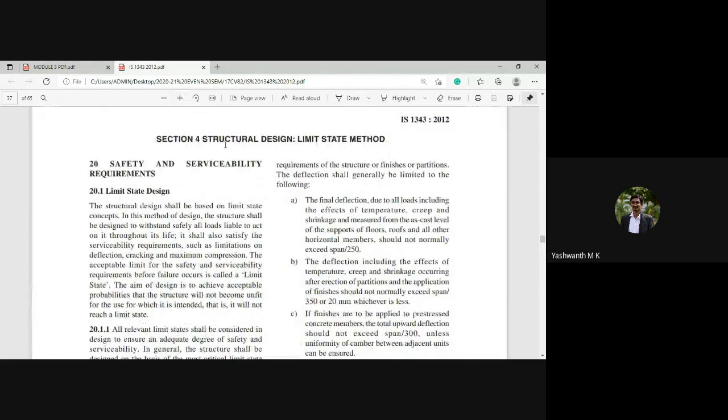Here, these aspects will mainly come across in the limit state of serviceability. Please keep this in mind. Type 1, type 2, type 3 aspects will come in the limit state of serviceability, that means in the cracking part.